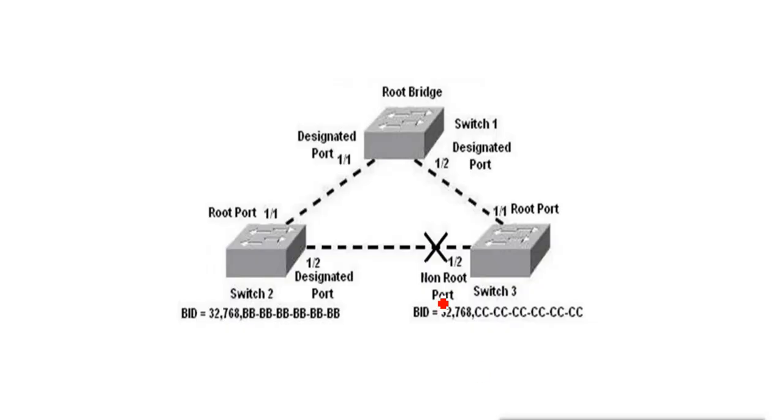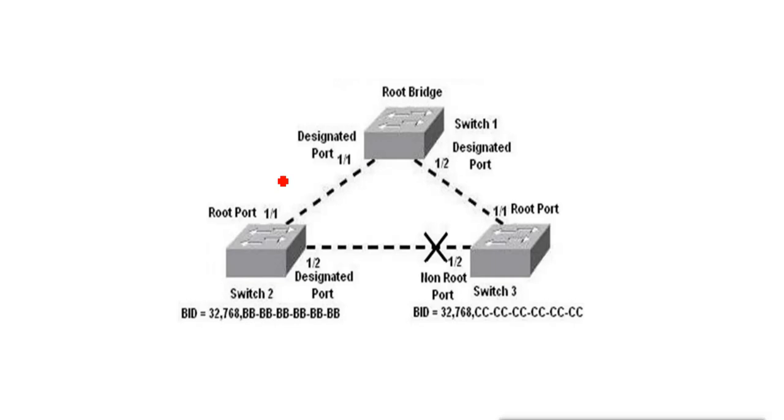For example, we have these three switches: switch 1, switch 2, switch 3. Now when we connect them together, normally we don't use a redundant link in a small network. In a small network like this, where we have only three switches, we can go with the linear topology. We don't use this redundant link. But if we have a big network with multiple switches, 10, 20 switches, and we want them to connect together, then what?